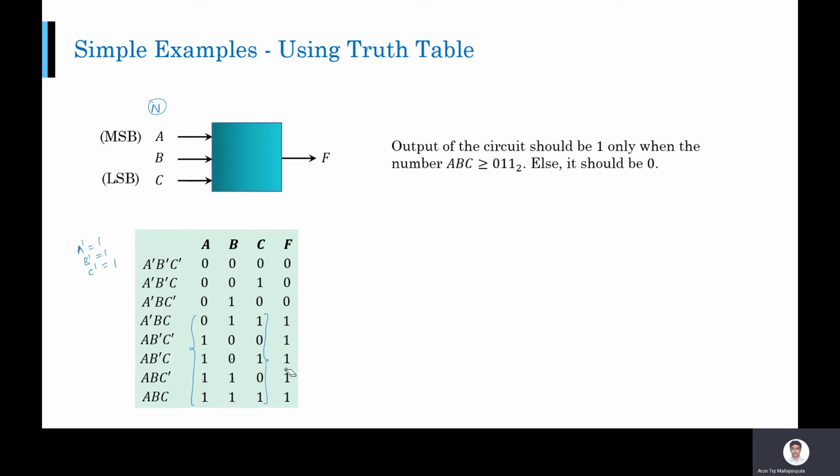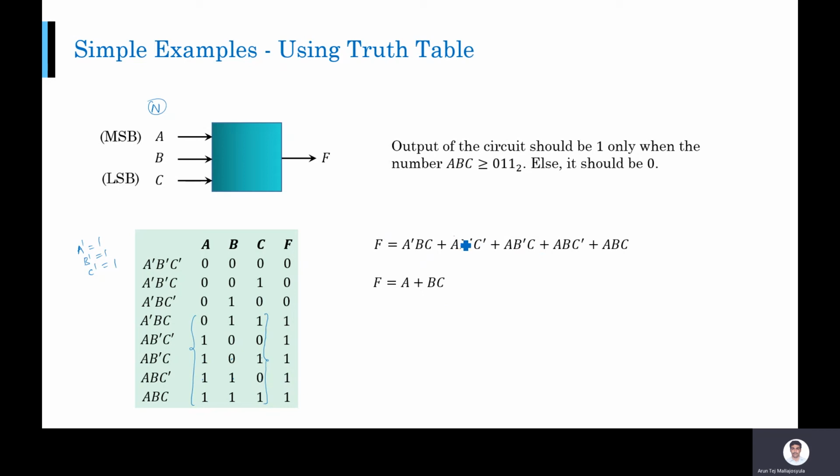Okay. So this is the output value for the circuit. So I can write F is equal to this. You take any combination that is more than or equal to 0, 1, 1, one of these will be equal to 1, and so your F will be 1. So I can minimize this, and it comes out to be equal to A plus BC. The minimization is also very straightforward. Let me do it here.